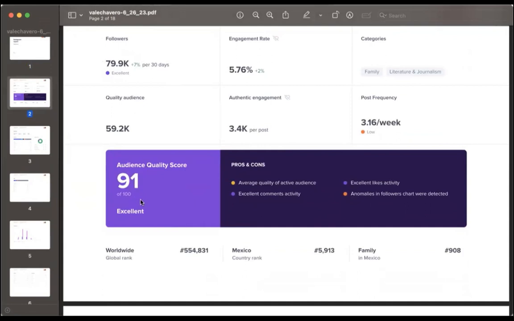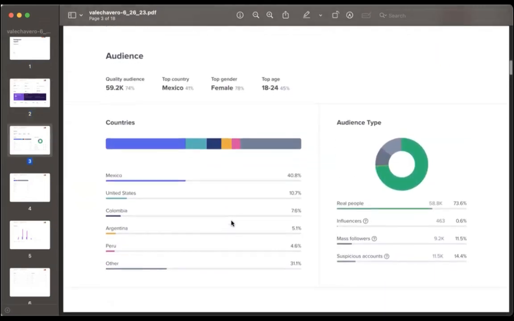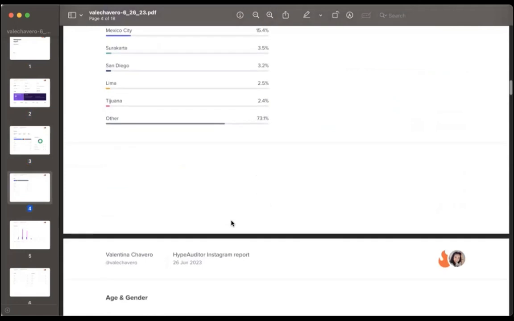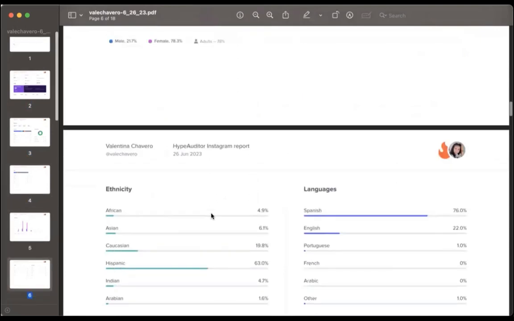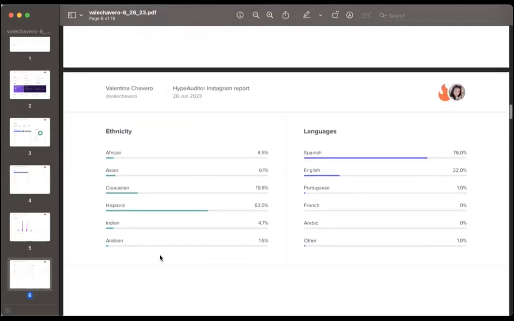It rates the influencer's audience 0 out of 100 based on how active the audience is, how engaged the audience is. This is a key tool to really understanding if this is the right type of partnership for you. I will say that you can absolutely do this in-house and you can utilize this tool. However, this is incredibly time consuming if you go through anywhere from 50 to 75 of these influencers, really going through these reports. But ultimately, you really do have to go through these reports to make sure that these partnerships are going to be successful, especially if you're paying these influencers.